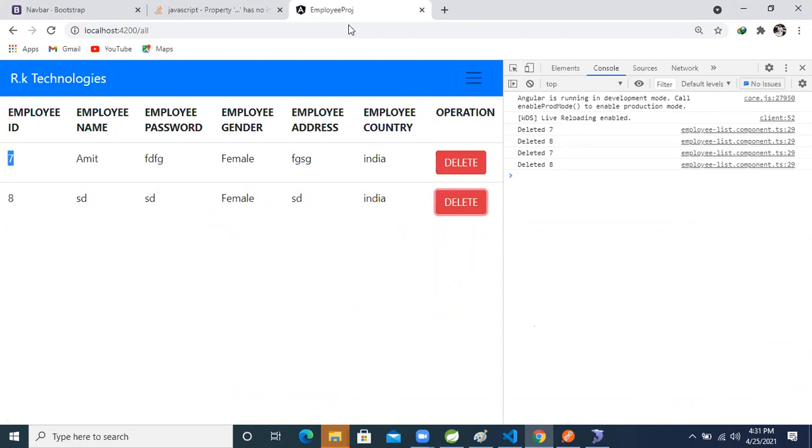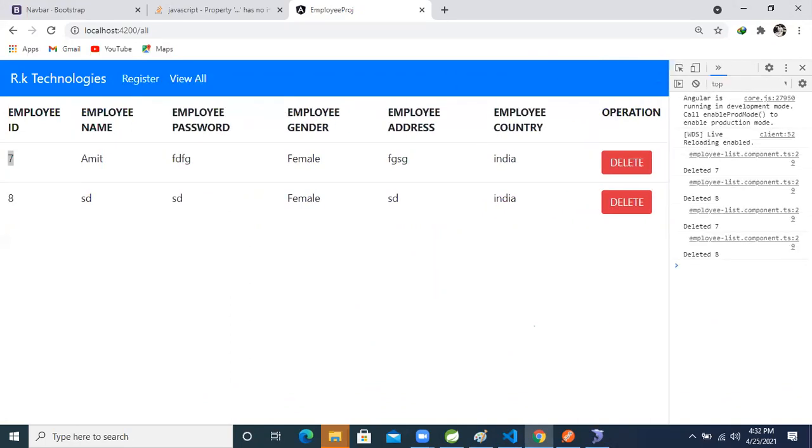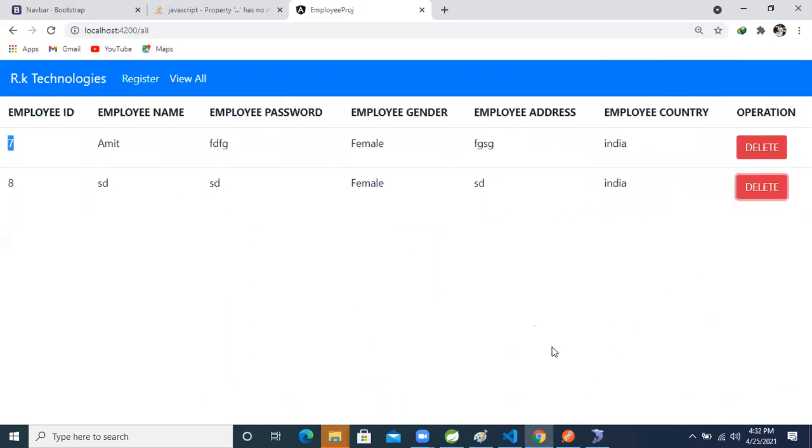Based on that ID only we can delete the data. If we want to delete one record from the database, we will take the ID. So next, what will we do now, guys? I just wanted to show this message only. So now let's write the service class logic first.